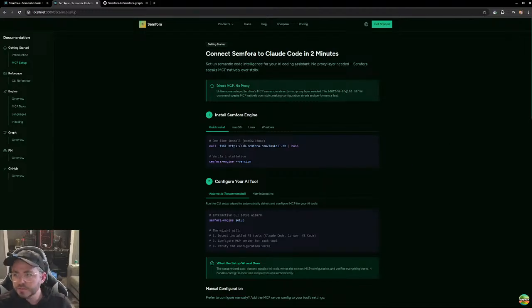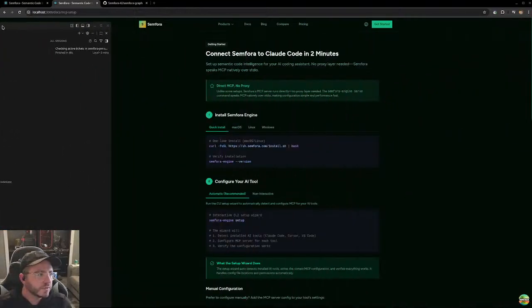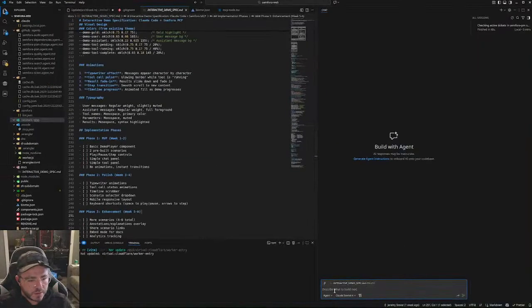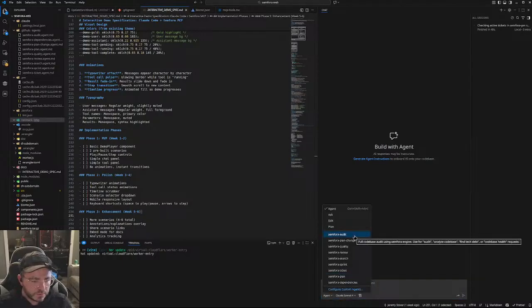Do you guys want to see it in action? I want to do a code audit to see how we're doing. We're going to use the actual audit tooling. So if we go to audit,